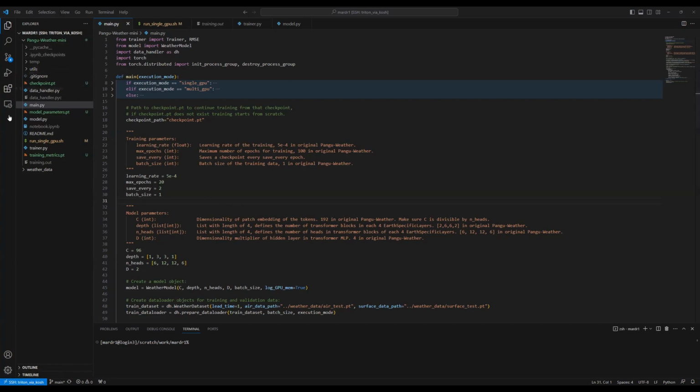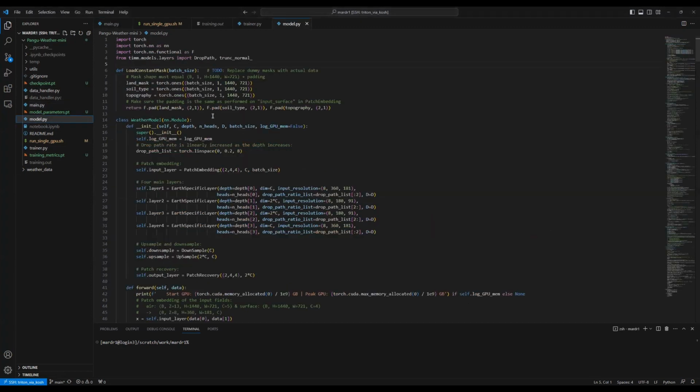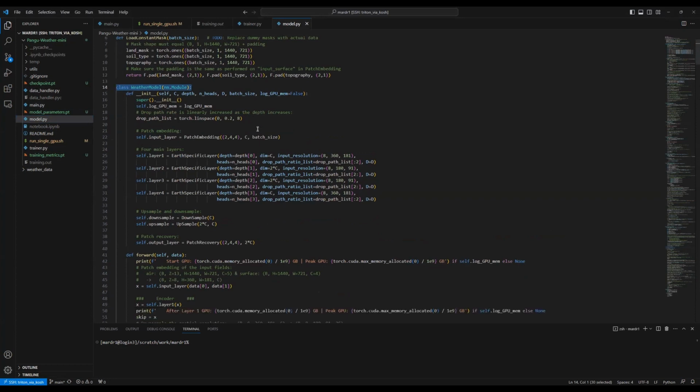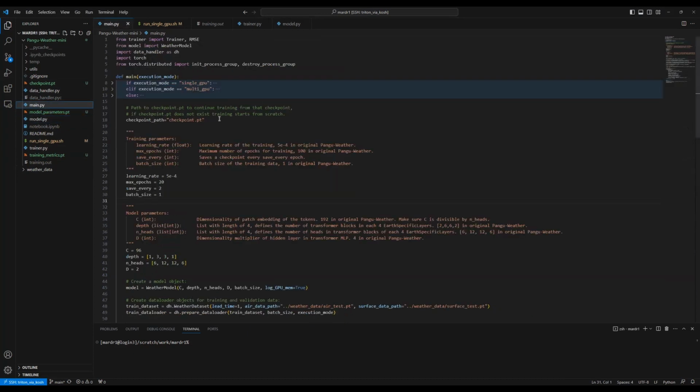Here on the left side, we can see the main script, the data handler script, the model, which just defines the model as usual, and then the training script. Here are also some other things that I have git ignored, and let's take a look at the main script.